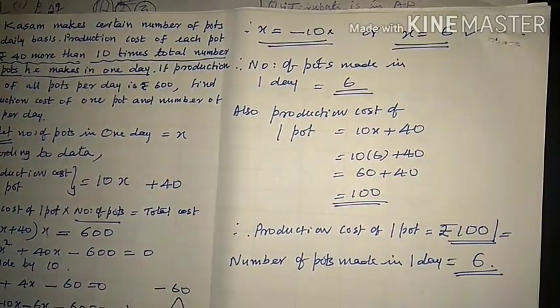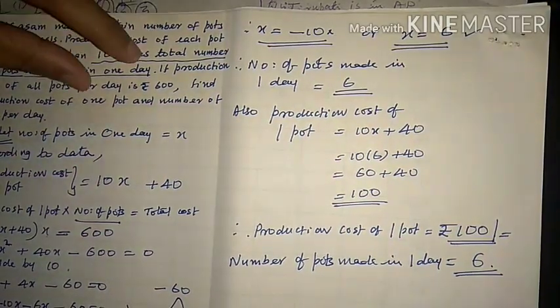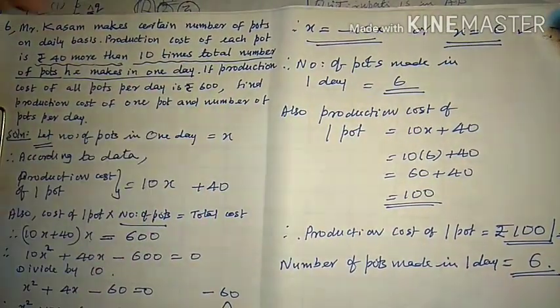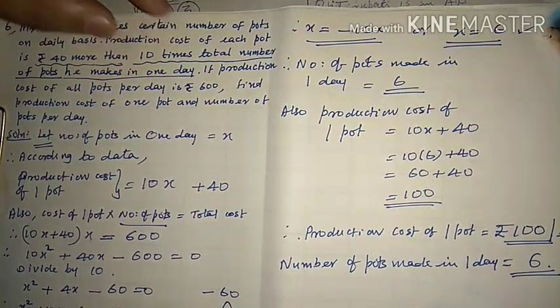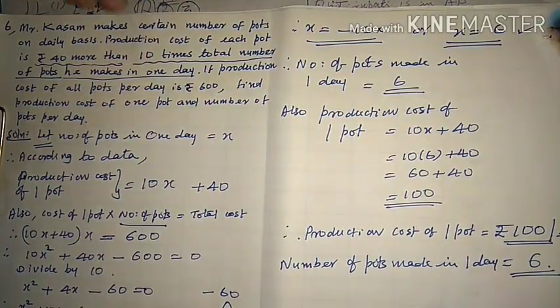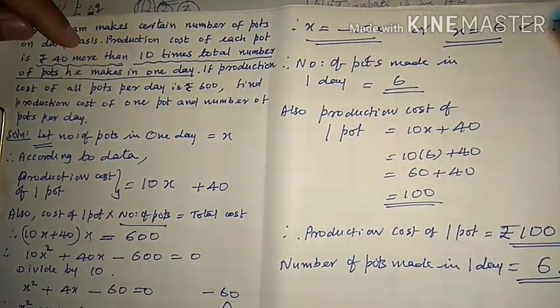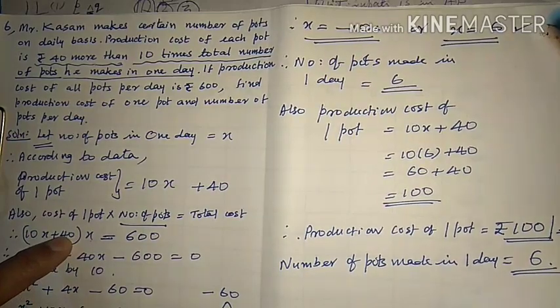This is question number 6. Here you have to understand this is an important part. In this part of the question lies your intelligence. You have to go through it patiently and carefully, then you will understand. Fix the number of pots made in a day, then you get the cost of production of one. Now we have questions 7, 8, 9, 10 and all important questions. We do one more question today, and the remaining questions tomorrow. We have to do it slowly, then only you will understand it.